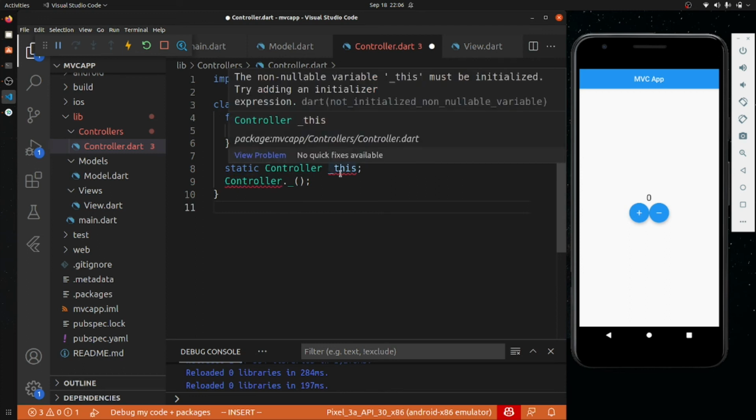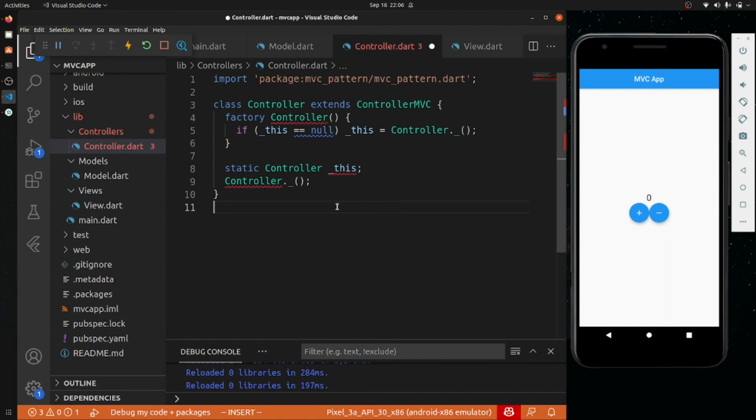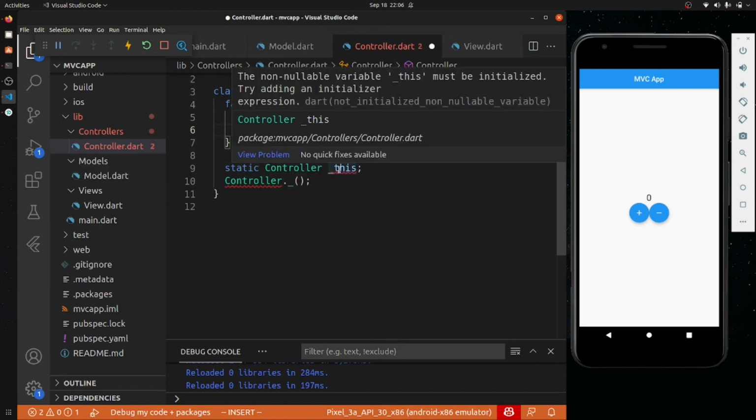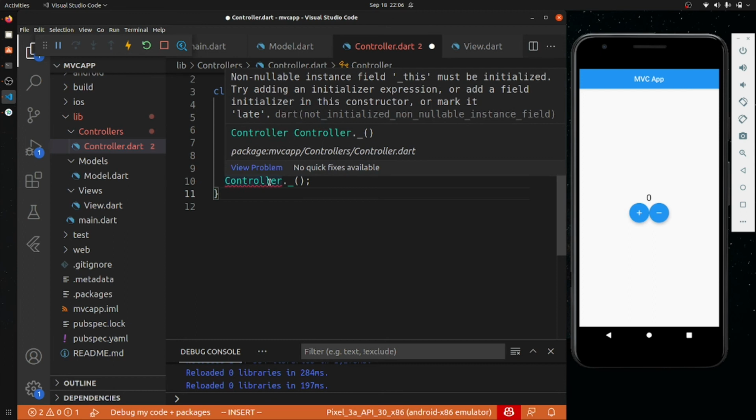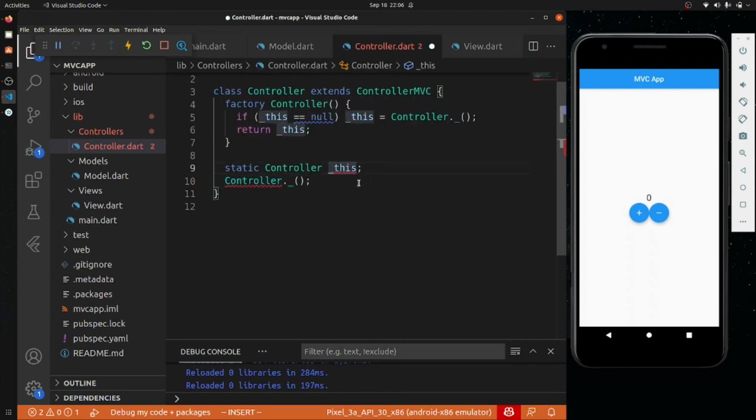Most of the things are done. This must be initialized. So we have to return. Try adding initializer. We will just focus on that later, I will think about that now.